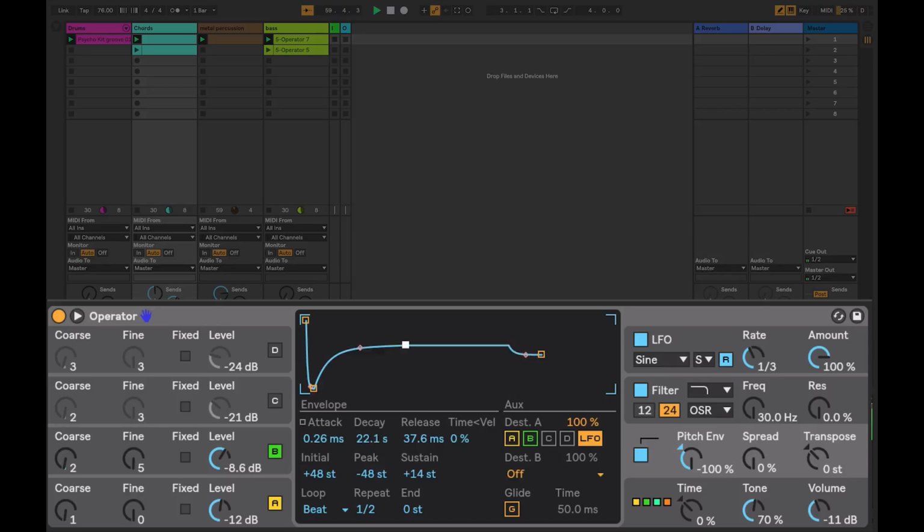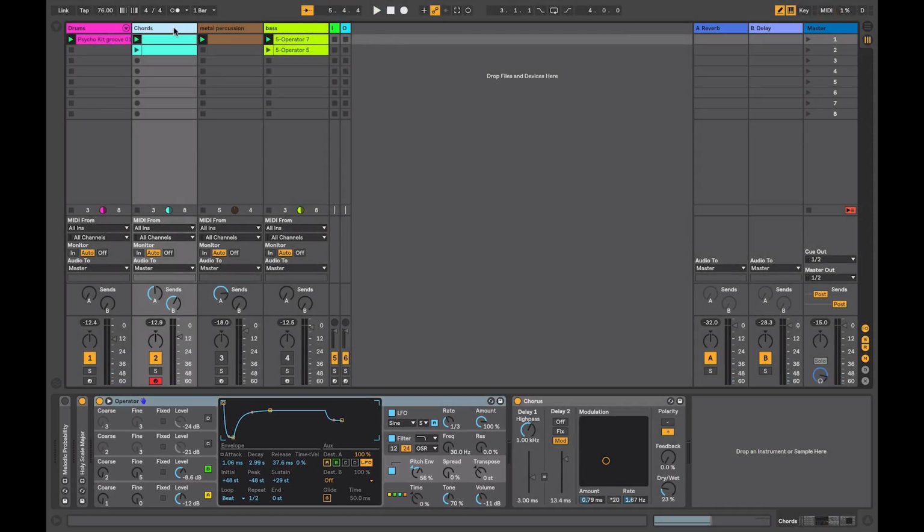Let's try some other shapes. I'll go positive again with my envelope. Again, this also depends on the length of notes that you've drawn in, and I guess also relating to the tempo of your song. So if I was happy with the modulation shape that I've created there, I'm going to move on to another